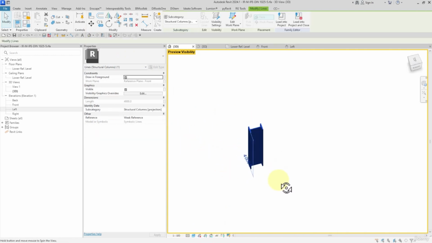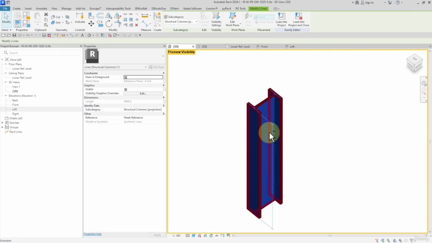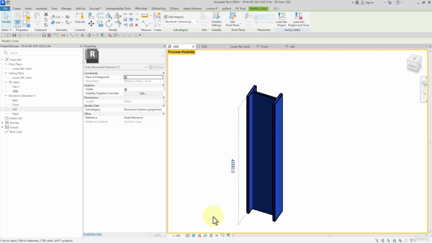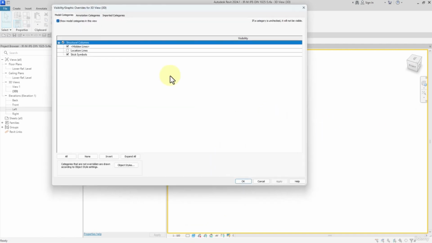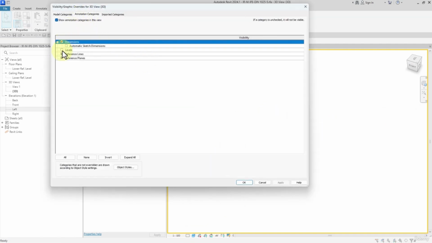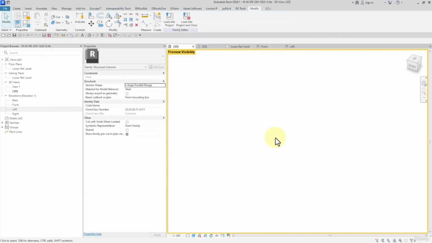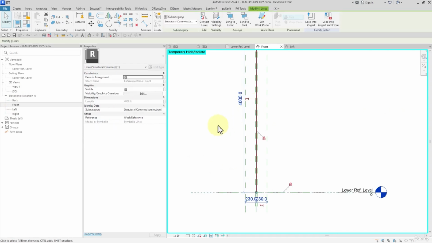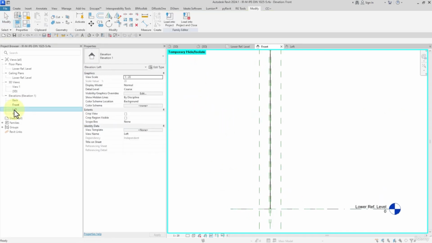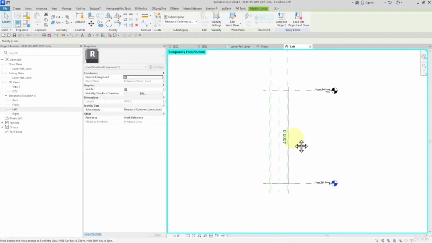select previous, watch this, it is placed at the edge. Coarse level of detail, or detail level, visibility graphics, in annotations, location lines. Check this out, we get back to the front view. Afterwards, left view,